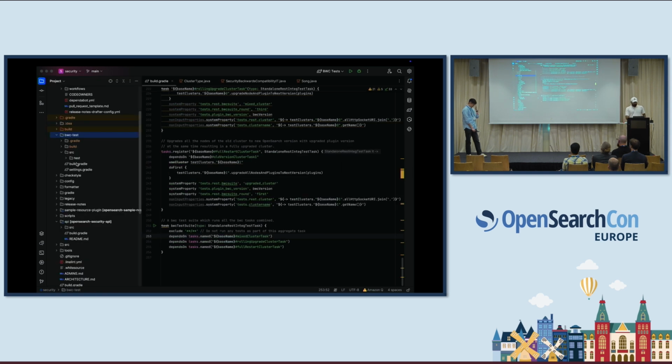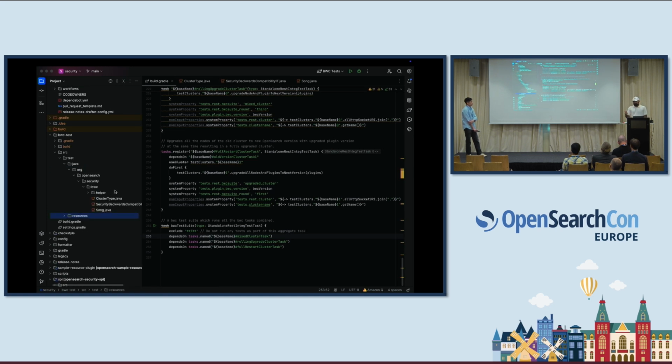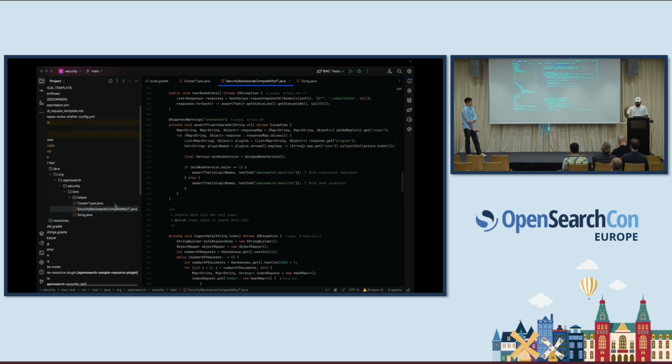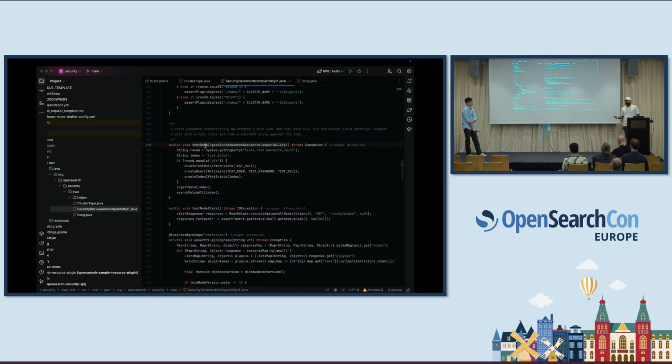If you look at the left side, I'll open the resources folder, and you'll see folders for 2.19.2 and 3.0.0 beta 1. So these are the 2 versions we'll be testing against. We'll start with 2.19.2, and then we will be upgrading each node one by one to 3.0.0. In our case, since it's the security plugin, we supply the static certificate files to ensure a smoother testing experience. In your case, you could supply